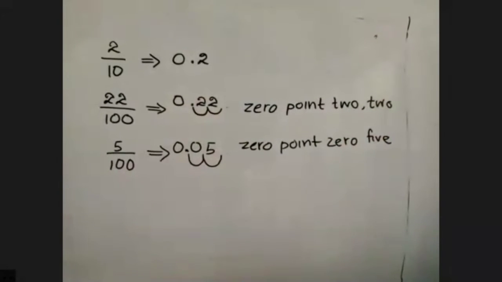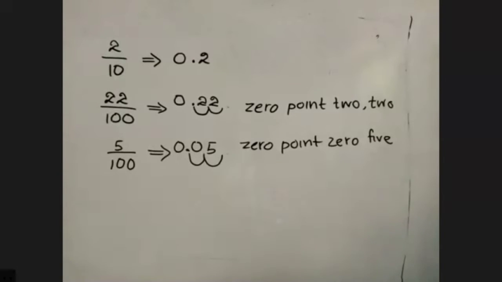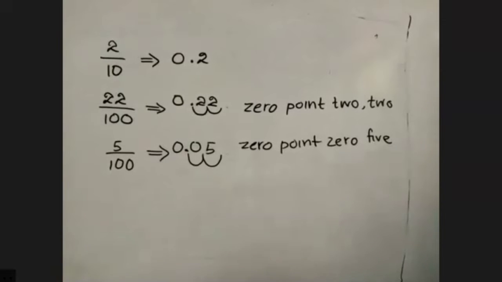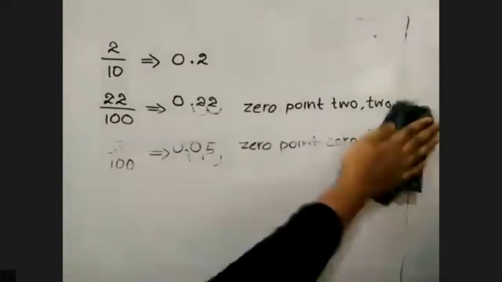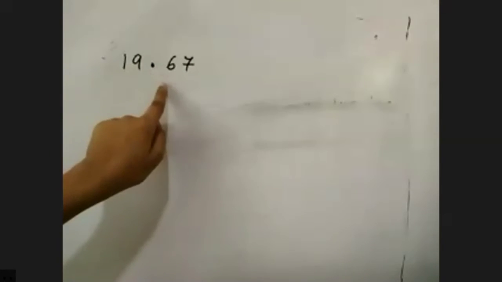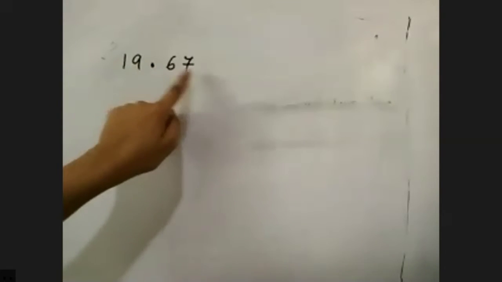0.05. So I taught you how to represent these numbers in an abacus when there are two decimal places. So that's over. Now we can move into another example, which is something more advanced you are going to learn. Listen carefully first of all. If I take 19.67, now see this number has two numbers before the decimal, two numbers after the decimal.